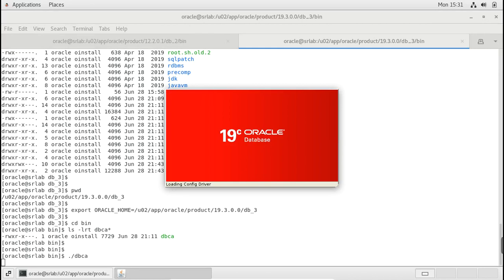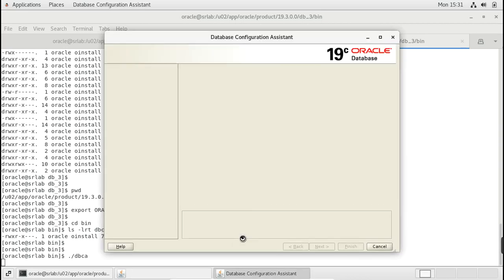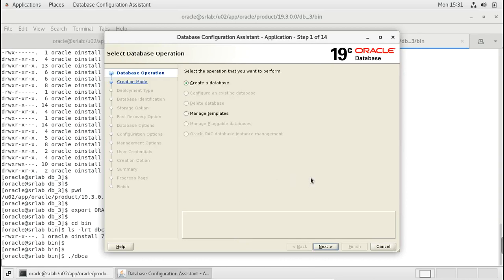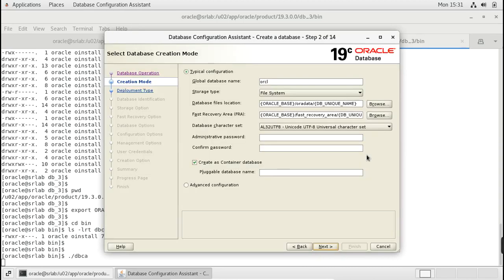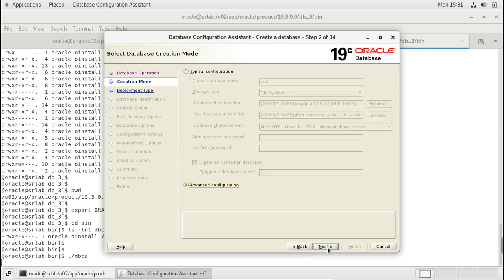So we are going to create a container in the 19C database. Once the container is created, we are going to upgrade those two databases. We are going to plug them into this container through the AutoUpgrade utility. Okay, just create database, go with advanced mode,